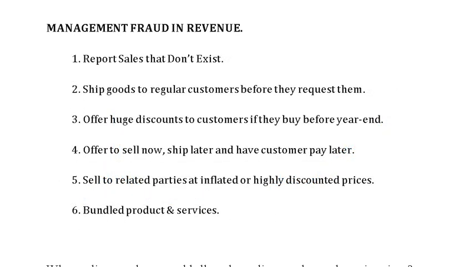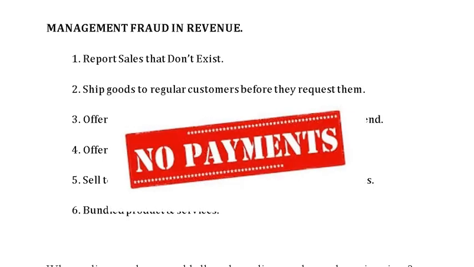Understanding the pressure on management, now let's look at the ways they can manipulate the revenue numbers on an income statement. Number one, most obvious, is simply report sales that don't even exist. And for each of these, you want to think, how would a financial statement auditor discover that this had occurred? Well, if a sale didn't exist, there shouldn't ever be a cash inflow from that sale, right? Fake sales don't tend to generate any cash inflow. So an auditor might notice that certain sales, especially those at the end of the year, never resulted in a collection of payment from a customer.